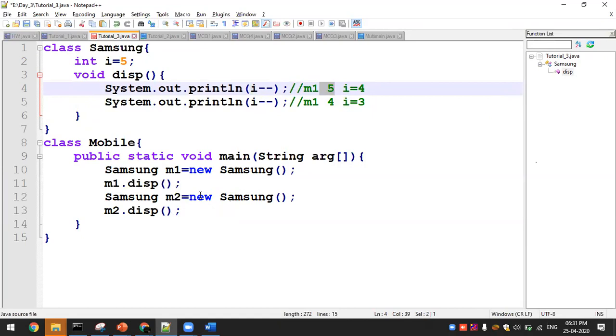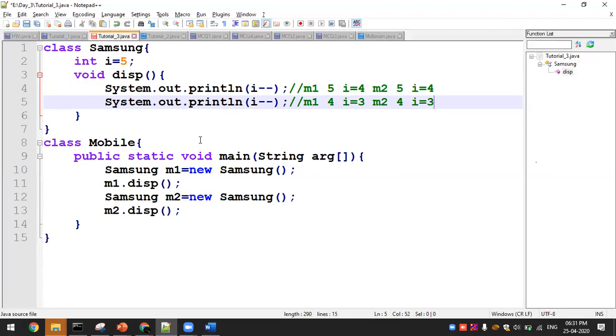So now I have called the same mobile type. The brand is the same, the mobile is the same. Let me consider that I have bought a Samsung J7 mobile, so the same mobile type I'm going to buy for my father. What will happen here? For the m2 instance, the same J7 instance. Here I'll get first 5, and I'll be reinitializing the value as 4. Same if I print it again, I'll get i value equal to 4, and the i value will be modified to 3 for the J7 mobile.